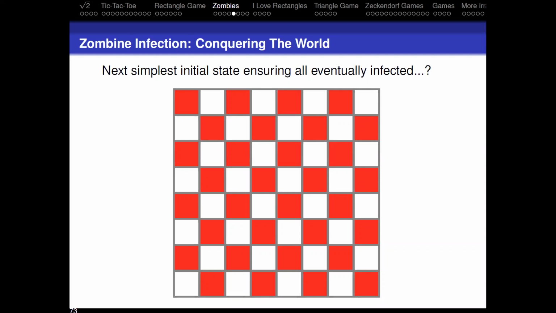If you don't have any thoughts, that's fine, and I'll show you the solution. But can you think of any ideas? Normally what I would do is have you look at maybe a 2x2 board. Can you come up with a pattern on a 2x2 board that will guarantee everybody gets infected? We just need 2 on the corner. Okay. And then what about on a 3 by 3?